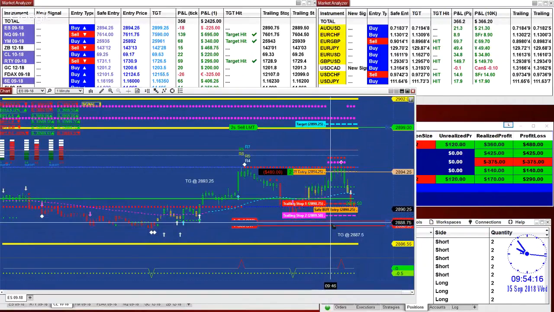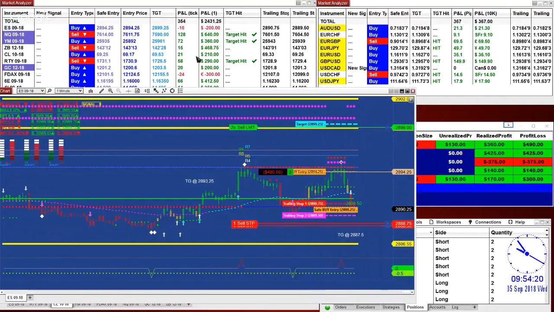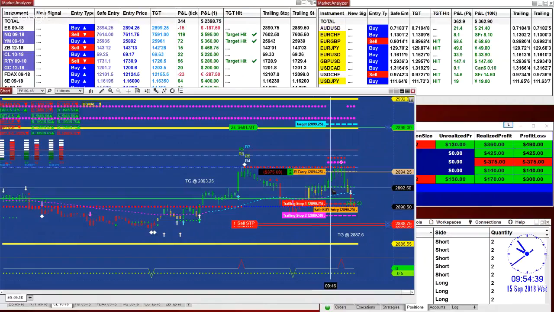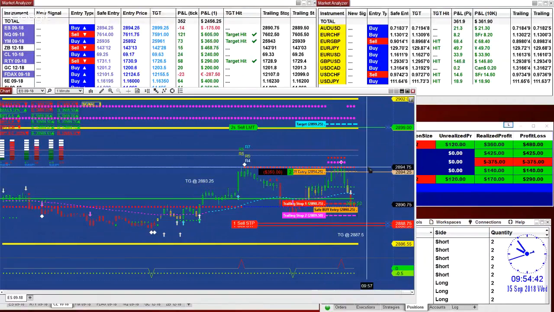Two things is the market analyzer. You can enter the market and exit. On the market analyzer, you have the entry, target, and it does not move, does not update. So this is a very strict base. You can follow the market analyzer by entering the market from the market analyzer and exit the market from the market analyzer. The same principle is on the chart, but what the chart does is